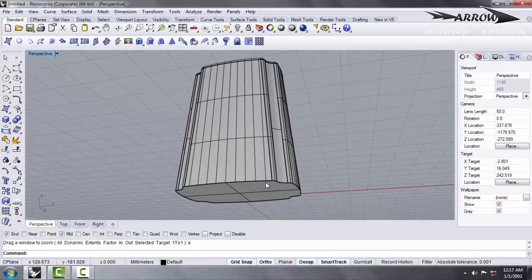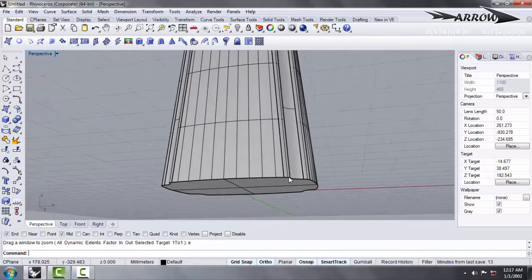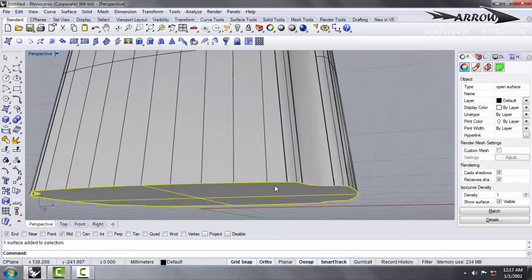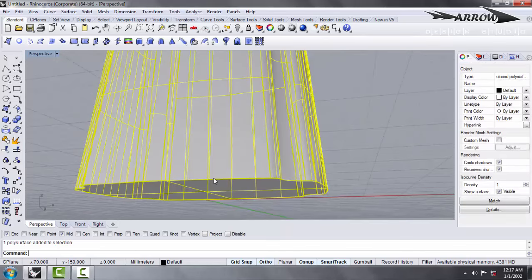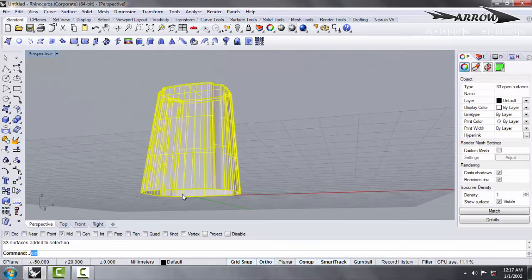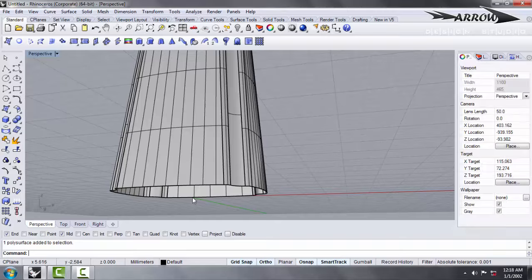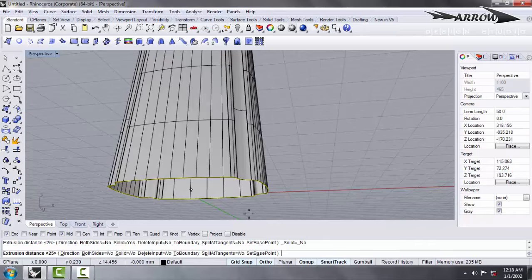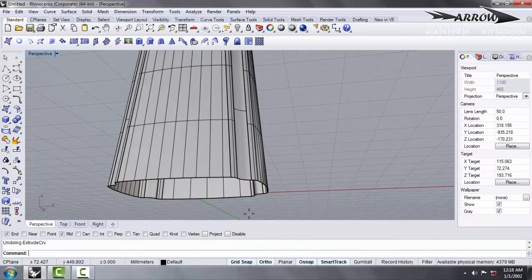So my stool is now taking shape. What I'll do right now, I also want to fill it, make some more things over here. I'll just say explode. Okay, I can just do one thing. I'll just explode this. I don't want this right now. I'll say join. Now this total geometry is along with me right now, so I'll say extrude curves, extrude straight,